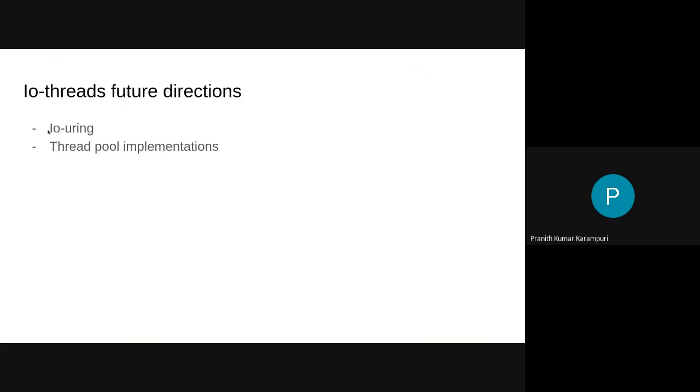So IO uring at the moment, I don't know how many of you know, but the short description is IO uring makes your system calls asynchronous. And Zavi was telling me that you can even give priorities to the IO that you're submitting.